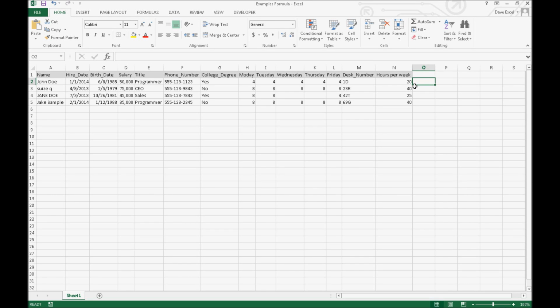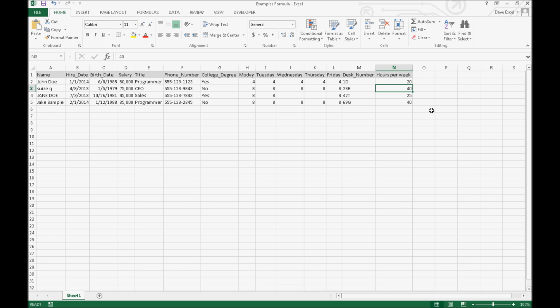So today I'd like to talk about the IsFormula function, which was added in the 2013 version of Excel, and exactly like the name says, it determines whether there is or there is not a formula in the cell referenced. So that's useful in cases like this, where we have hours per week, and we have each hour per day that each person works. So you have this formula that comes up with the value 20 for this person, and